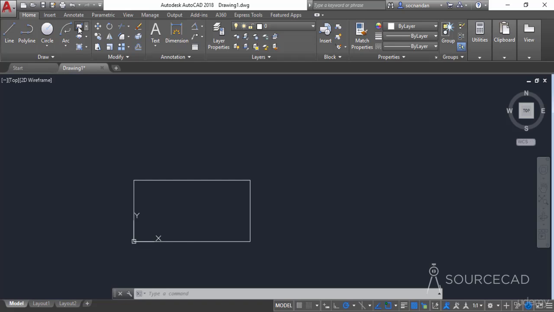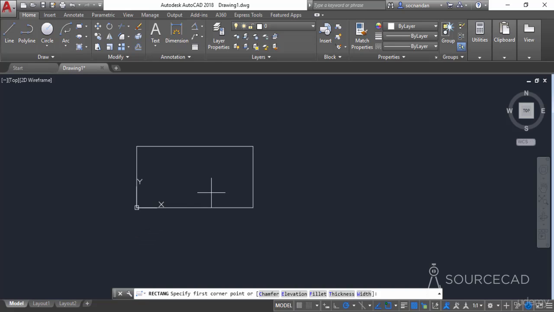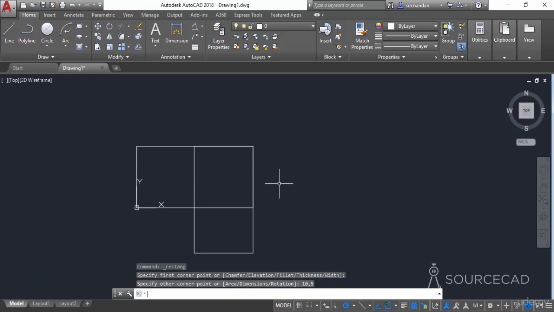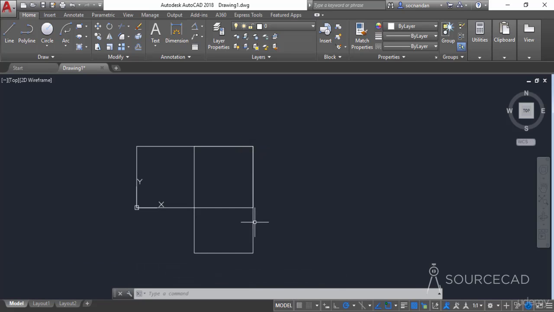But what if we make the same rectangle not from the origin? So I'll start the rectangle and click anywhere in the drawing area to make the rectangle, and that will be the first point. Now we again need to make another rectangle with length of 10 and width of 5 units, but in this case I'll simply enter 10, 5. And now look at the results. Instead of making a rectangle with length 10 and width 5, the next rectangle simply snapped to the same point, which was 10, 5. So in this case, we need to change some parameters.